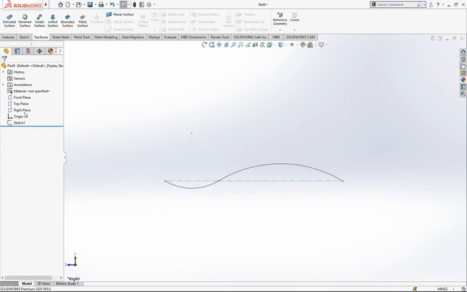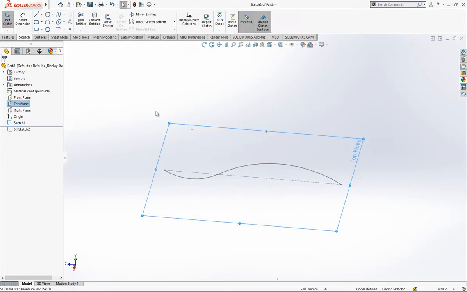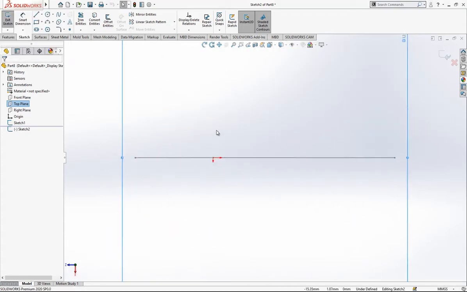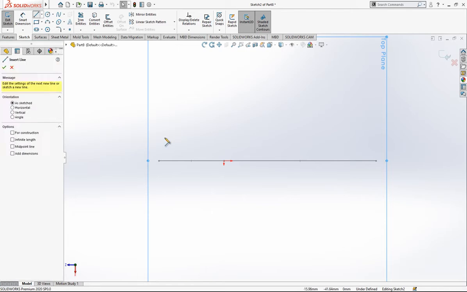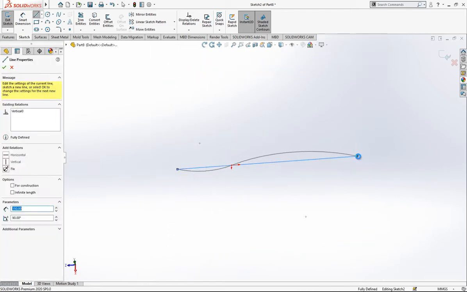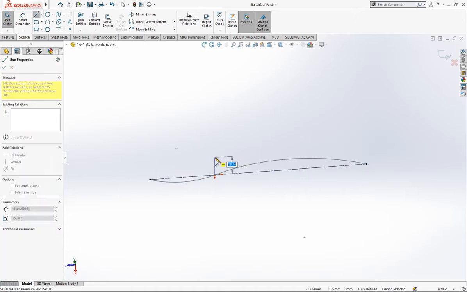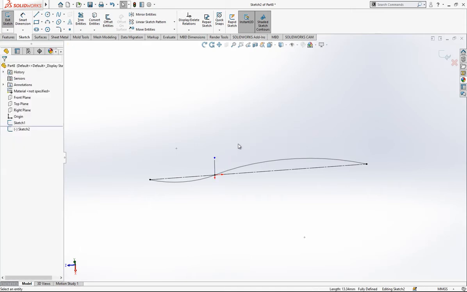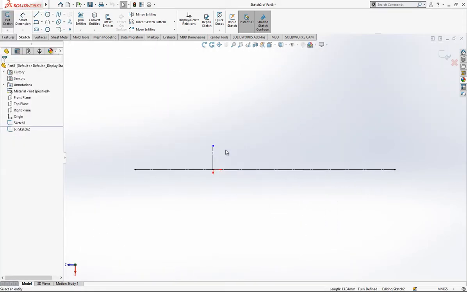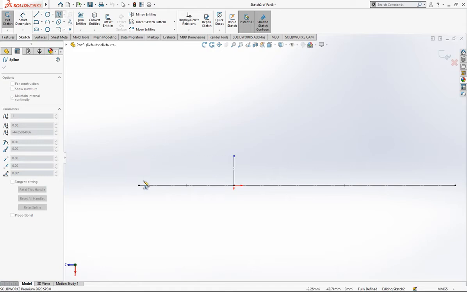This is sketch 1, and from top plane we will create a second sketch. I click on my plane and I open a sketch there, and I look normal to. First, it is good to place here one line, and here another, and then we can press our space again, look from normal, and then we pick a spline here,